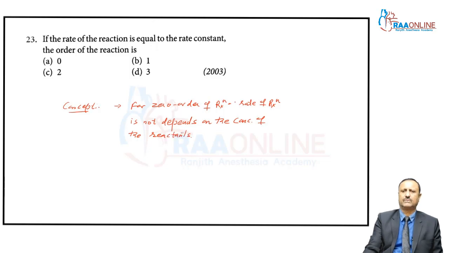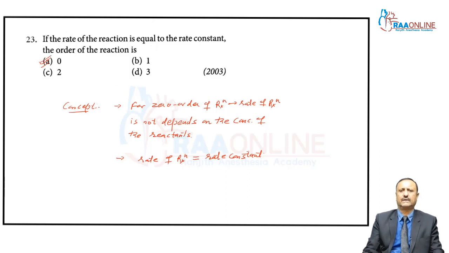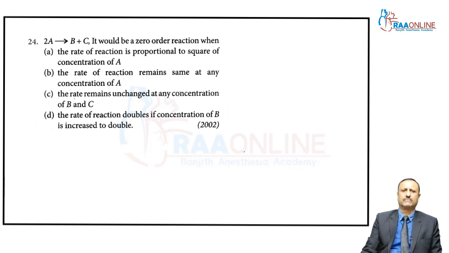So, my dear students, here rate of reaction is equal to rate constant. So, my dear students, it is a 0 order reaction. Question number 23, you can go to option 23-0. Now, my dear students, we can see question number 24, 2A to give B plus C, it would be 0